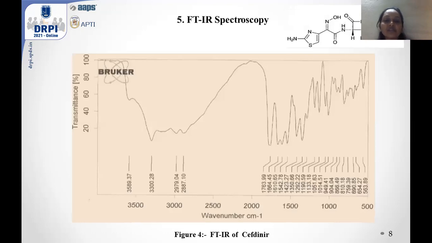After the formulation of solid dispersion, we have performed FTIR spectroscopy to determine the functional groups present in the drug as well as the polymer and also in the formulation. So this is the structure of the cefdinir drug, and here we can see that an NH2 group is present, C double bond O, CH stretching, and also an OH group is present. In this graph, you can easily find the C double bond O stretching in the region between 1423 to 1763, and CH stretching was found between 2887 to 2979, and the peak at 3300 is for the NH group, and at 3589.37, the small peak and the broad peak is due to the OH group present in this cefdinir structure.